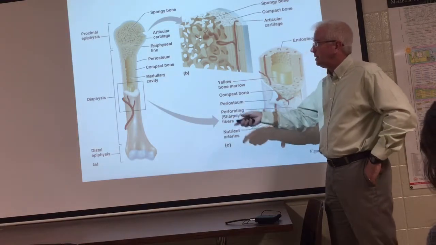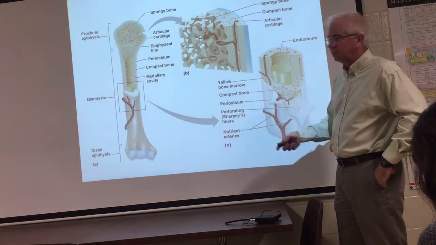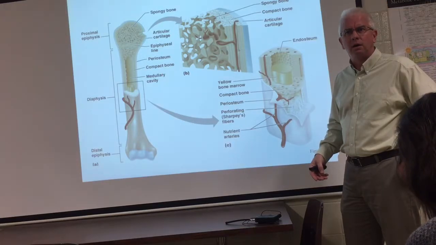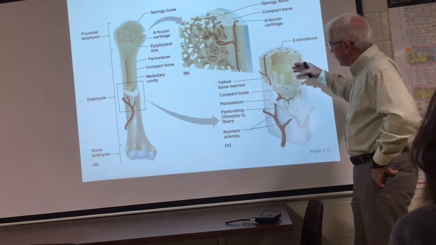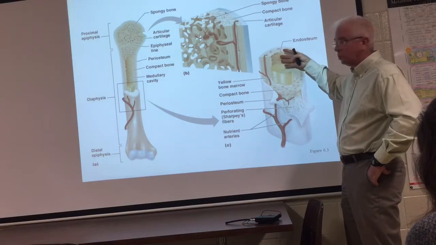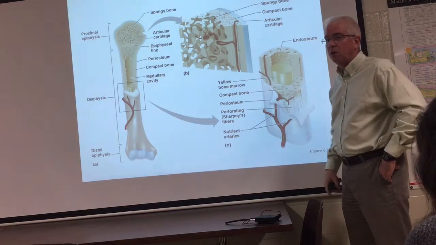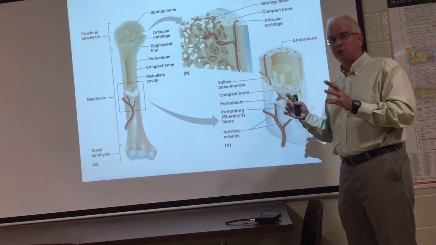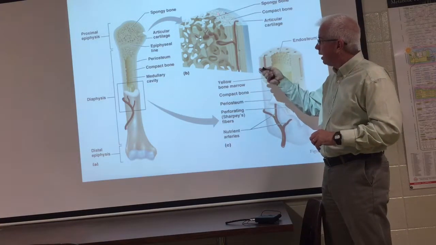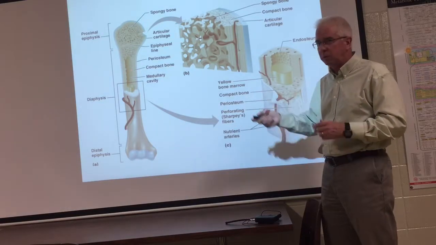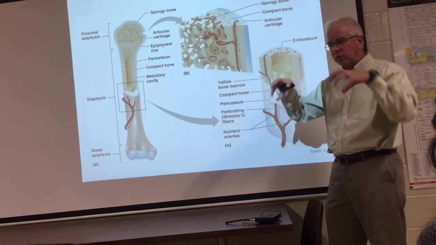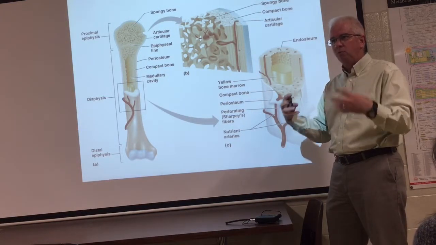Now, as I work my way down into the shaft of the diaphysis of the bone, you can see that there's a thin lining of spongy bone within the shaft even of the long bone. But the distribution has changed. You have a lot more spongy bone in the epiphysis than you have compact bone, and you have a lot more compact bone than you have spongy bone in the diaphysis. Now that makes good sense. On the ends of the bones you have strength on the edges, but in the middle you have weight reduction,